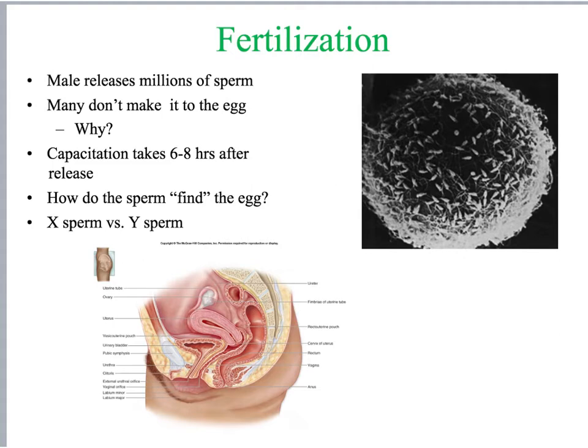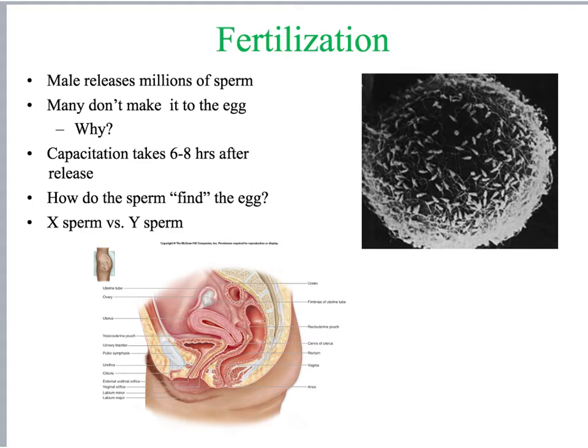Now, capacitation involves a lot of different things. Their motility gets enhanced, but one of the most important parts of this is that the membrane surrounding the acrosome in the head of the sperm has to become fragile. It becomes fragile once, hopefully, it works its way into the woman's fallopian tube, and it's not fragile before that. So as sperm are moving through the cervical mucus, the uterus, the fallopian tubes and the vagina, they actually need the protective membrane proteins, as well as the cholesterol that keeps their acrosomal membranes tough and stable.